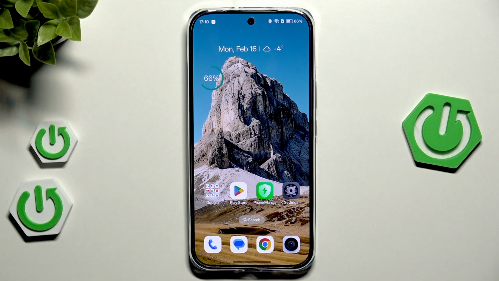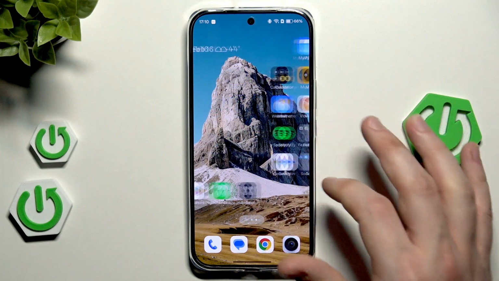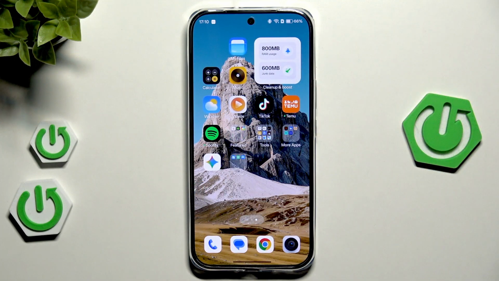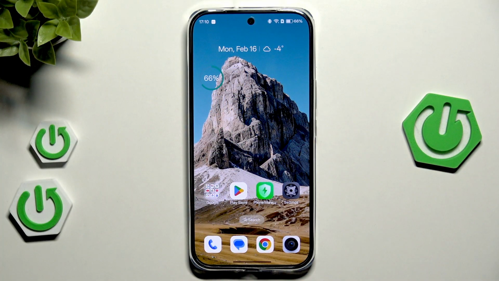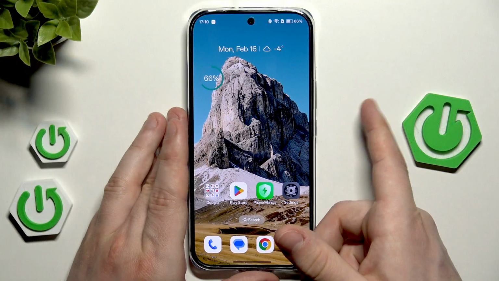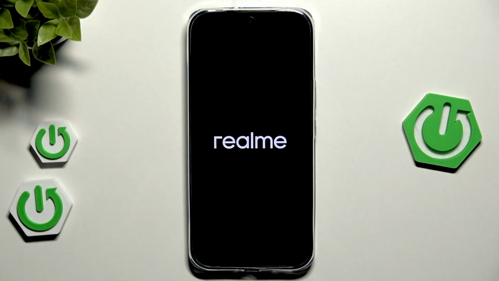So if you want to avoid that, you can turn off your screen lock right now and also log out from your Google account. But if you don't want to, and if you remember those passwords and everything, you'll be able to type them during the setup process. Now, to perform the reset through the recovery mode, we need to power off our device, so hold power key and select power off. Now we need to wait a little bit until the phone is completely